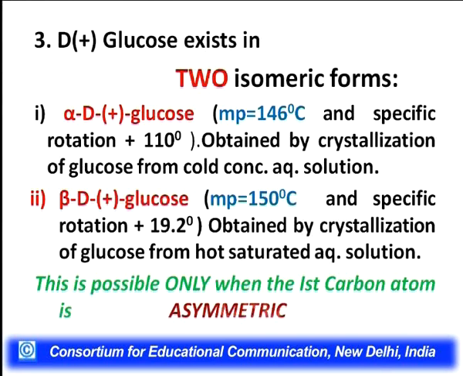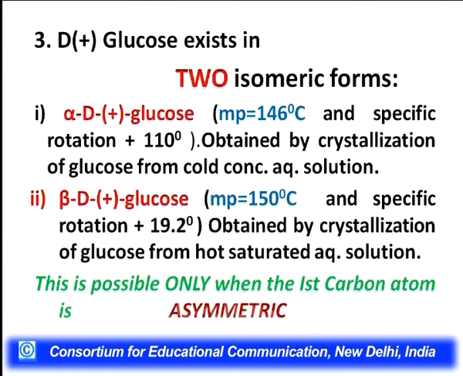Whereas if we talk of beta D-glucose, its melting point is 150 degrees Celsius, its specific rotation is 19.2, and it can be obtained by crystallization of glucose from hot saturated aqueous solution. It is only possible to get two isomers, that is the alpha D-glucose and the beta D-glucose, if the first